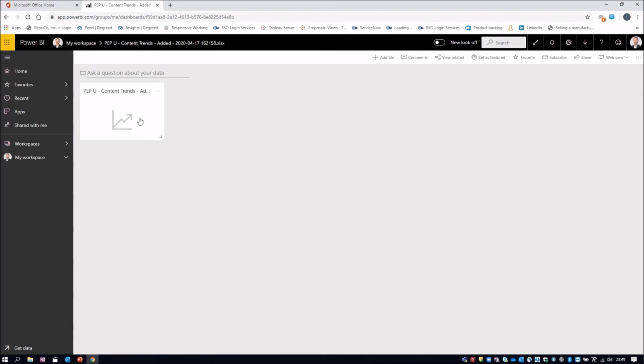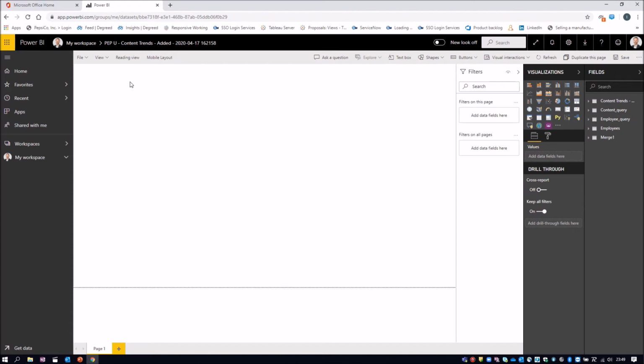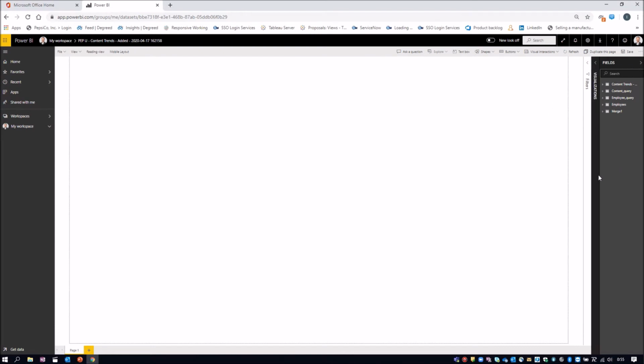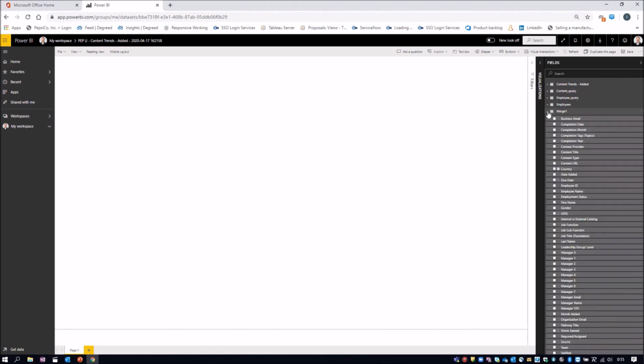Okay, let's come back to our exercise. So I'm coming here, and this is what we see. First thing is this white space is a canvas where we can include our visualizations. Besides the canvas, we have a filters column, a visualizations one, I'll talk about that in a minute, and then the fields column, which is the one I want to talk about now. In here we have the different queries, different tabs we had on our Excel sheet. Which one was the one containing all the fields we were interested in? Okay, I'll show you how to bring these fields into the visualizations.